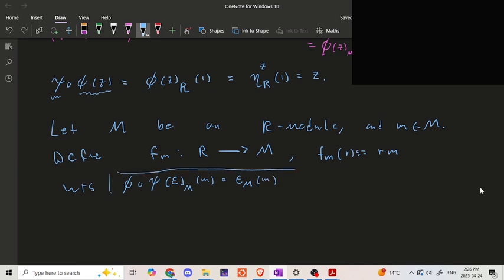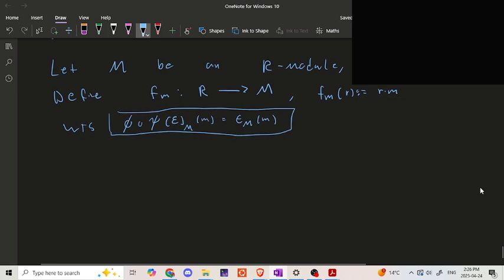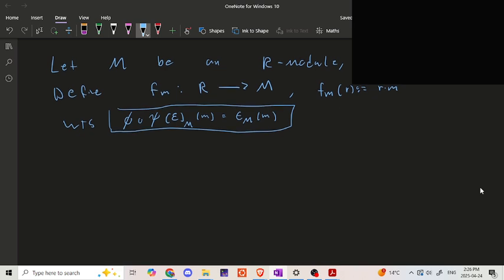So this is the statement that we're after ultimately. So with that in mind, we've picked our arbitrary M, we've picked an arbitrary point in M, and we've defined this module homomorphism. So again, I apply the identity functor, and I use the fact that I have a natural transformation of the identity functor. Hence,